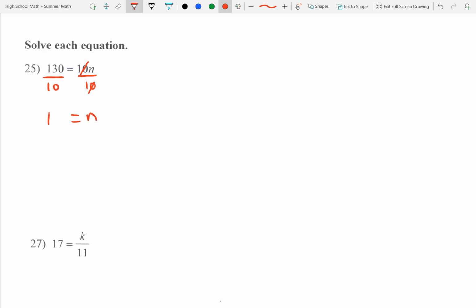130 divided by 10 is 13. We would then take this value of n equal 13 and substitute it back into our original statement. So instead of 130 equals 10n, we have 130 equals 10 times what we believe n to be, which is 13. I've taken the value n is 13 and substituted it in place of n to see, is this statement